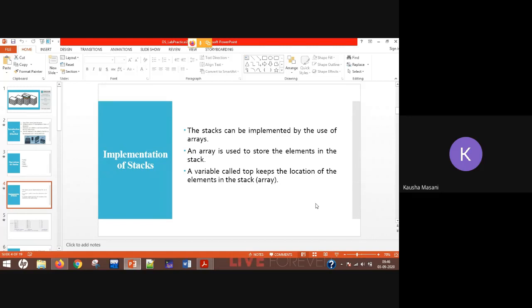Now do tell me, how can I say, or when can I say that my stack is empty? When can I say that? There was one condition. We had seen one diagram. When can I say that my stack is empty?